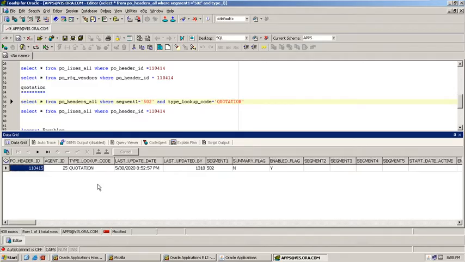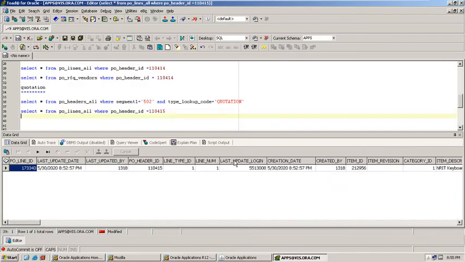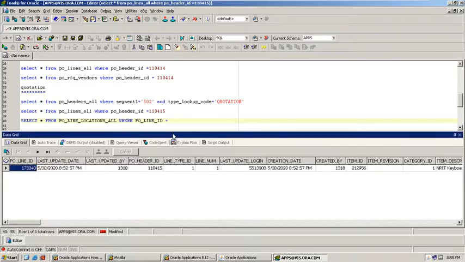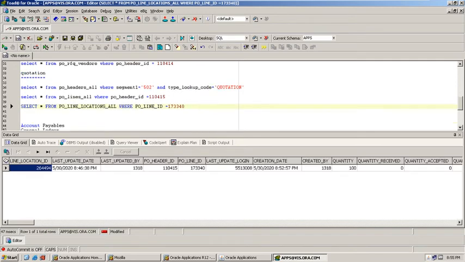Now the lines details. Select from PO line locations where PO line ID equals this one. These are the three levels where the data will be stored.